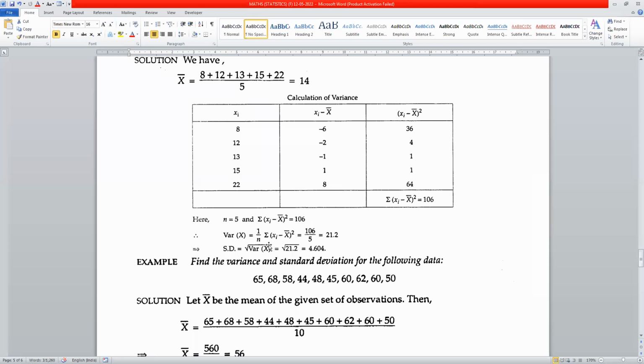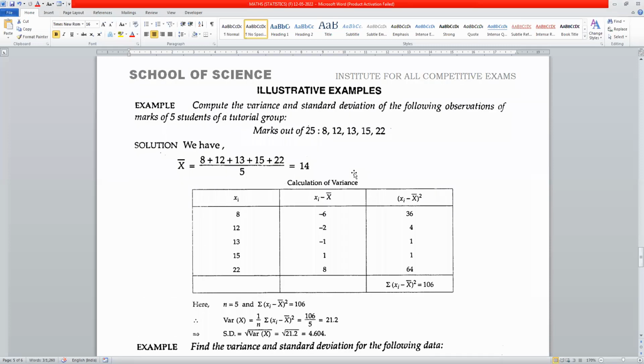So what is the variance? 106 divided by 5, that is 21.2, and the square root of 21.2 is the standard deviation, which is 4.604. I will repeat it once again. See, slowly and steadily, we have decreased the steps,